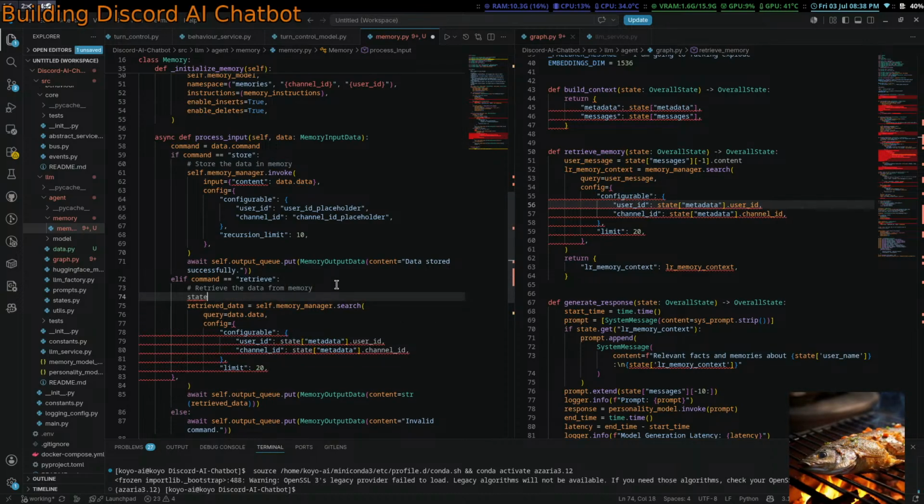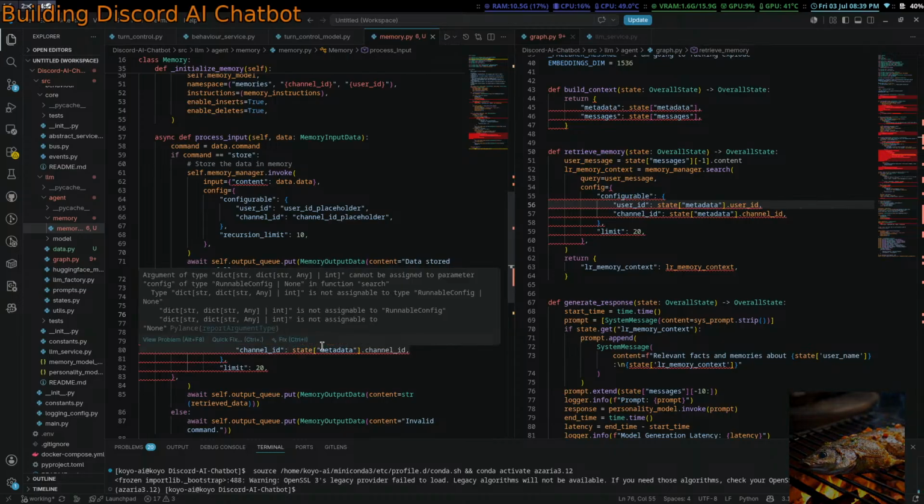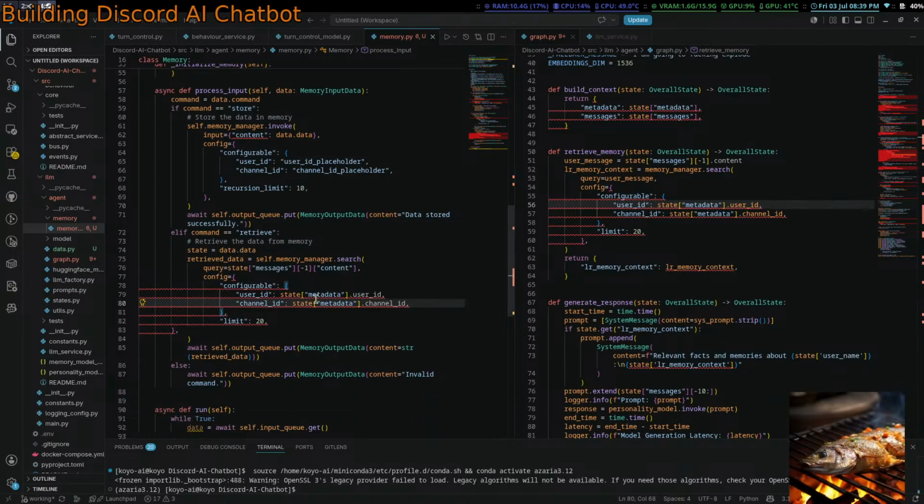So state which equals data.data and user message which equals state messages -1 content. Okie dokie. User ID, channel ID, limit 20. Okay. Content str equals retrieve data. Okie dokie.